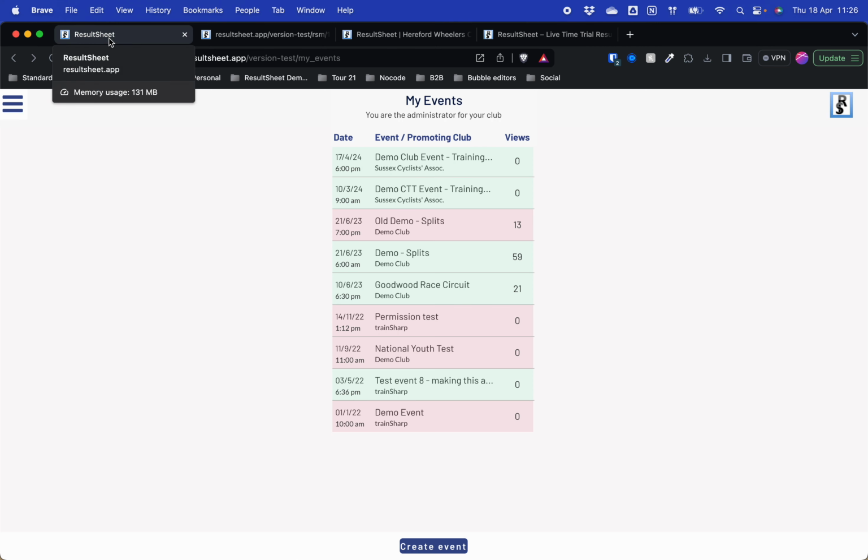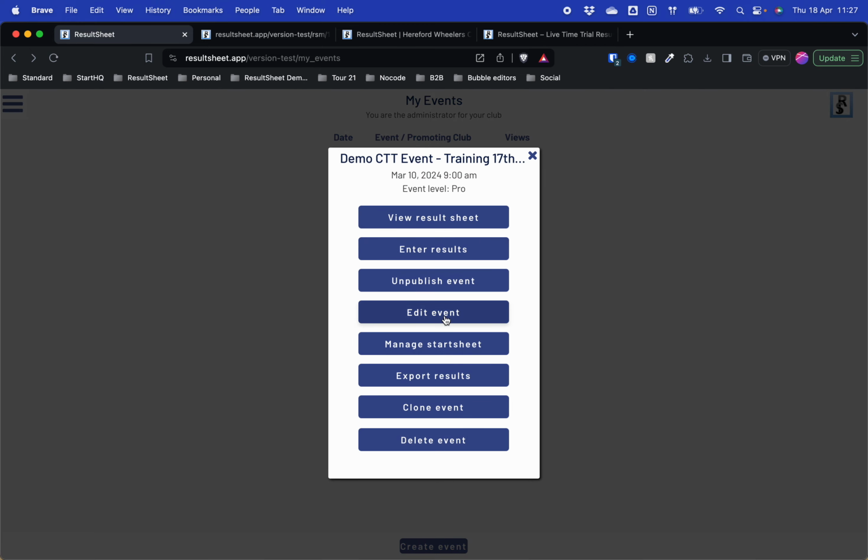Okay, so what we are looking at is a demonstration version of ResultSheet. What I've done here is I've created a couple of events for the purposes of the training. One is a demonstration CTT event and one is a demonstration club event. So if I bring up the CTT event and I click Edit Event,